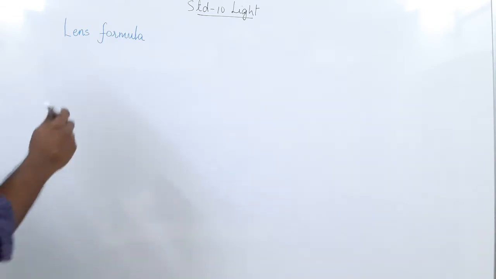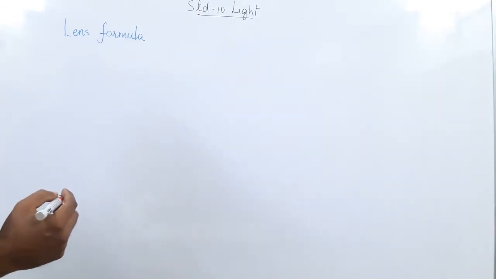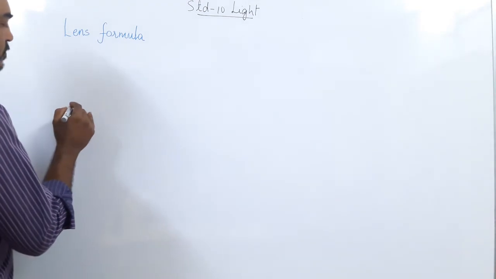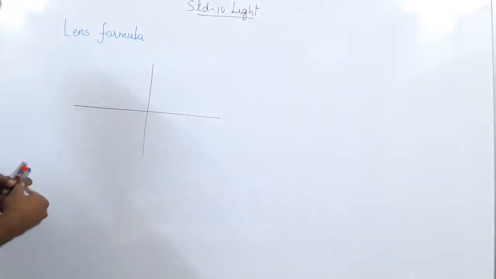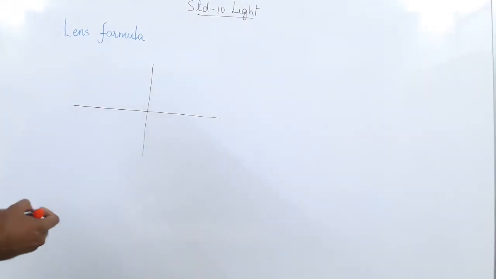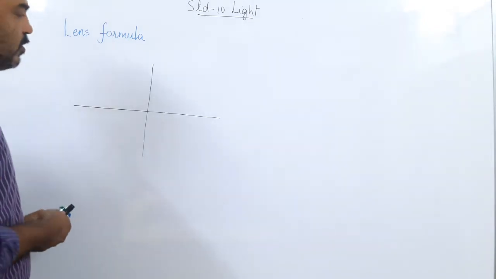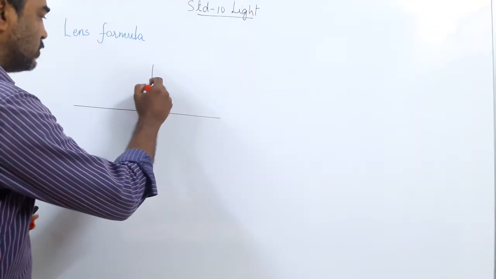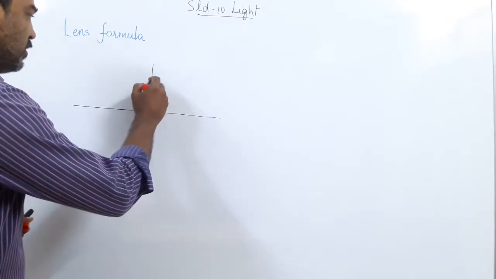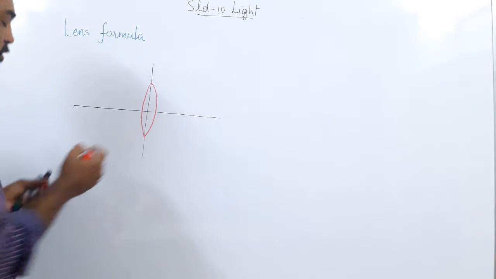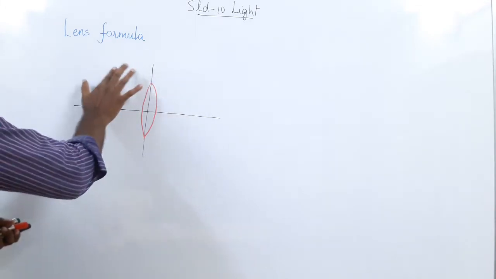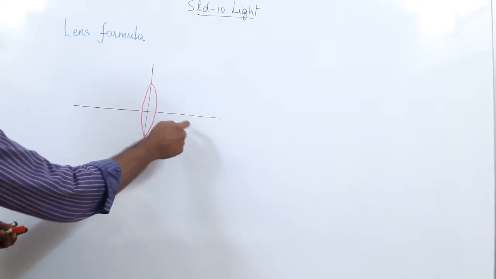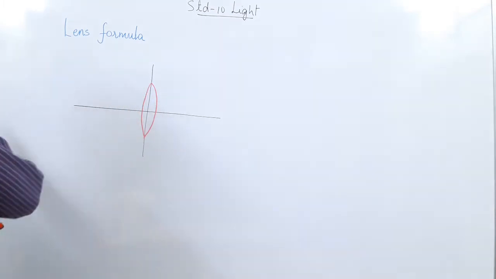So, we'll first go with the diagram, and I hope you do remember the sign convention. This time, we'll place the lens in such a way that the optical center falls exactly on the origin. So you draw a lens in such a way that the optical center falls exactly on the origin. Now the convention we know: when the object is placed upward, the height is positive. If the image is real and inverted, the height will be negative. Distance on the left side: the object is always placed on the left side, so it is negative.